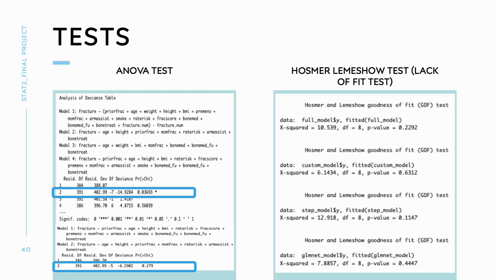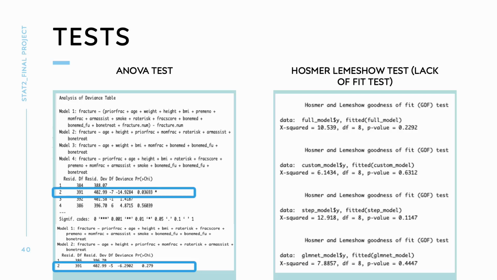On the left side are a couple of ANOVA tests to compare the models. The ANOVA tests compare the multiple logistic regression models using a likelihood ratio, and the p-value indicates whether there is a statistically significant difference in the fit of the models compared to a baseline model, using the first one in a pair. The p-value of the custom one is 0.03, which suggests that the custom model may have a better fit